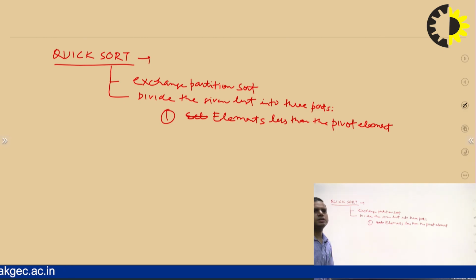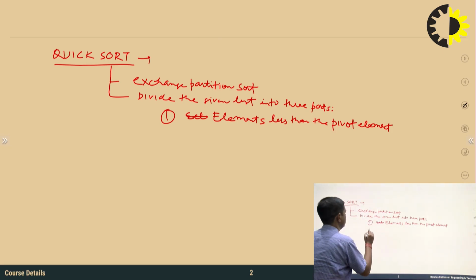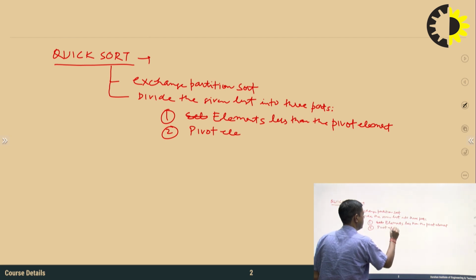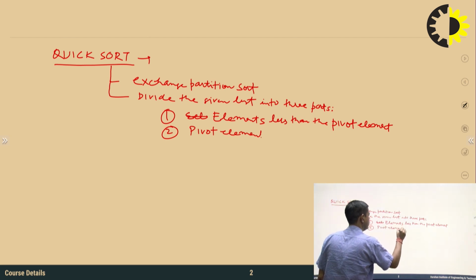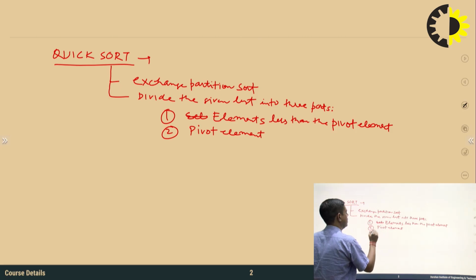In the given list, any element can be the pivot element, that can be the last element, the first element, or any element. The second part that we are discussing is called the pivot element. And as discussed, it can be the last element, the first element, or any element. And the third part,